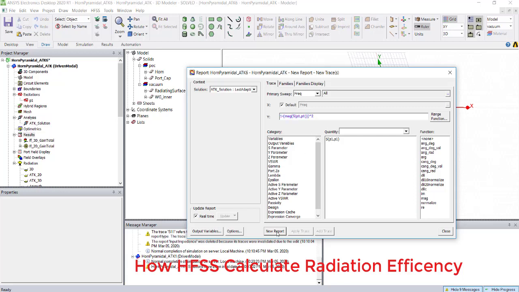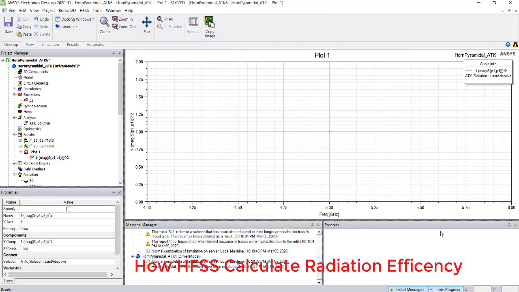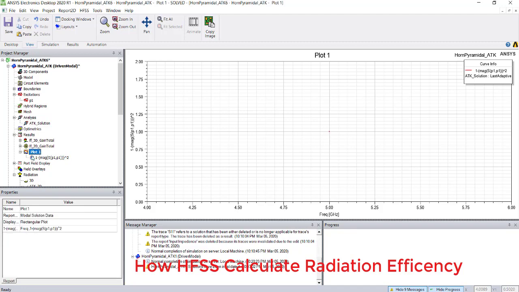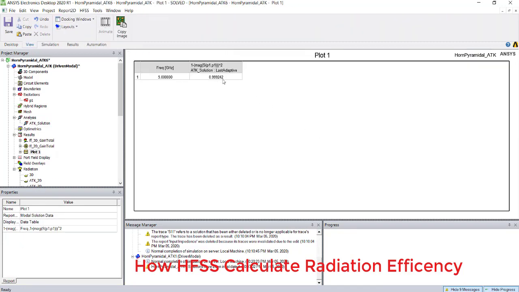So just click new report. It came very close to 1. It's very difficult to see, so you can change this into a data table. You will see this is the accepted power, so it's more or less all passing into the antenna.